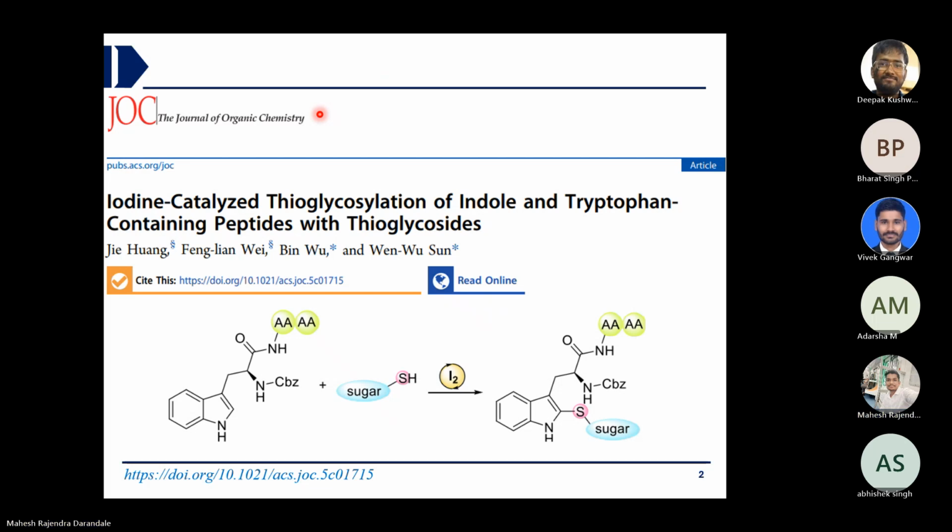You see here, it says peptide containing thioglycoside. In the whole paper, I didn't see a single thioglycoside, right? That C6 SH can't be called a thioglycoside, but they are telling it is under thioglycoside. I also have the same question, but since in the paper they have mentioned that, in the presentation I also mentioned it. I was also thinking maybe with thio at the C1 position, that is called a thioglycoside.